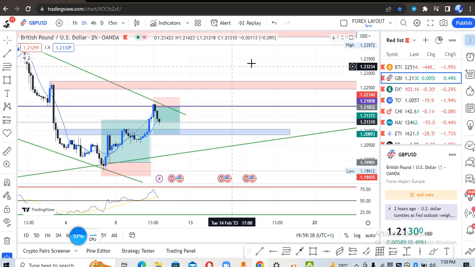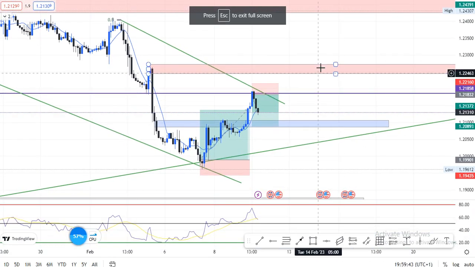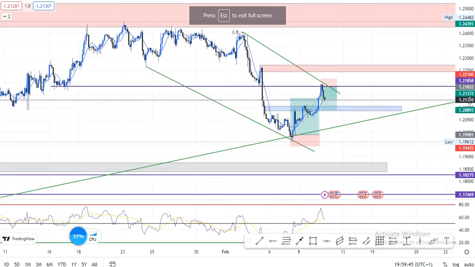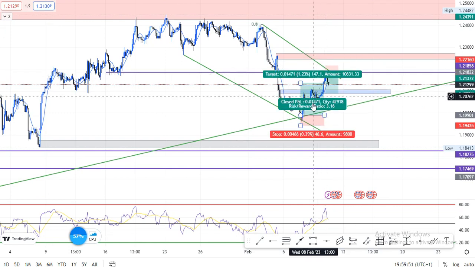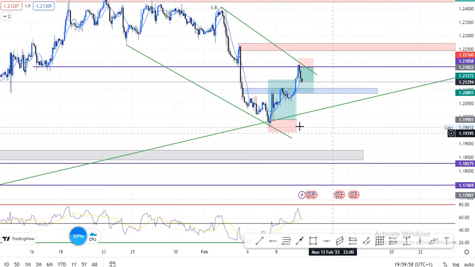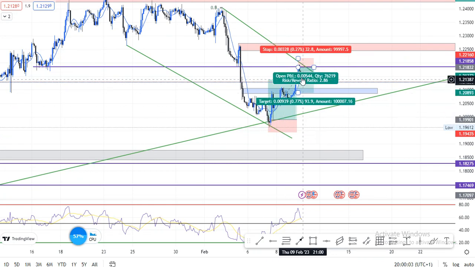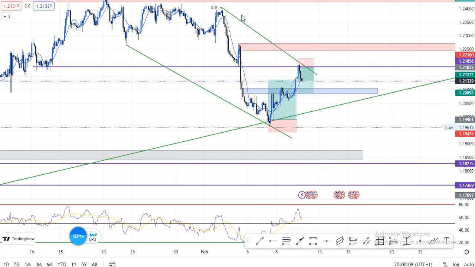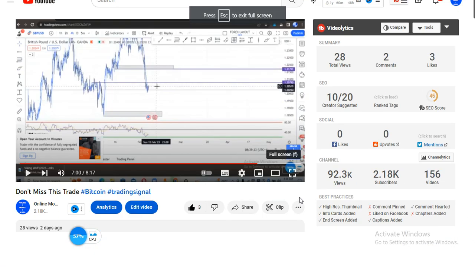Now first of all, let's look at the GBP USD chart and see what is happening over there. I remember telling you guys in my previous video that we are going to see a pushback up all the way to this area, and if I see that happen, I'm going to place a trade. And I did place a trade, and guys, I made huge amounts of money from this trade, and I did share the results in our WhatsApp group. And just today I also placed this trade right here, which I also shared in that video. Now what I will do right now is play that video and let's see where I talked about that particular move, and it happened exactly as predicted.